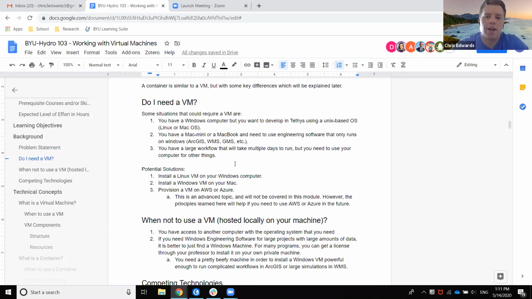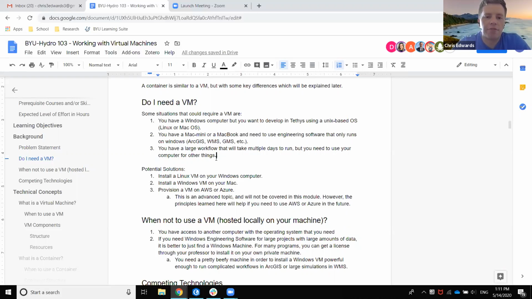And we used to have that running on one of our servers at BYU, but then we got to deal with Microsoft Azure, which is a cloud computing platform that Microsoft has. So what happens is you get your account, you go in online, and you can set up a virtual machine. So this is like in the cloud.